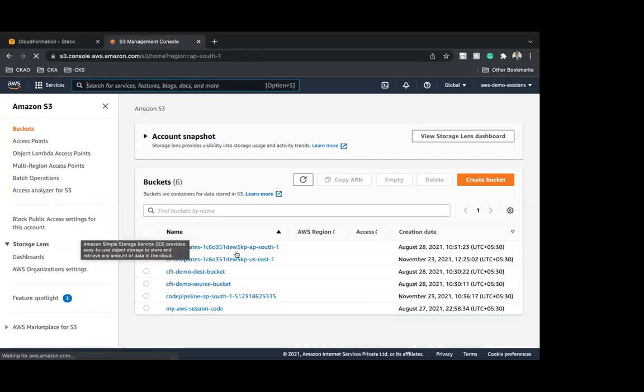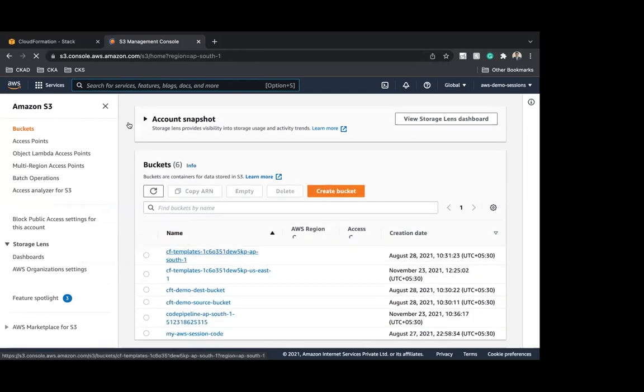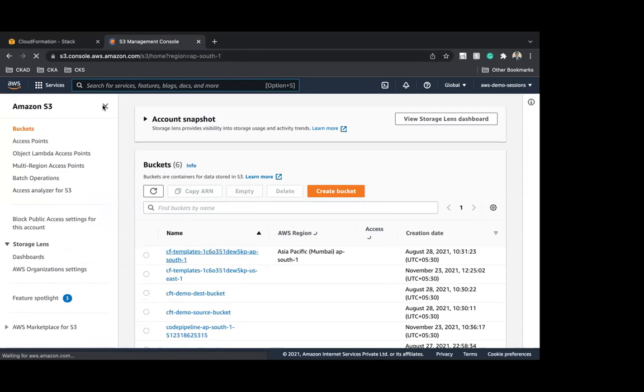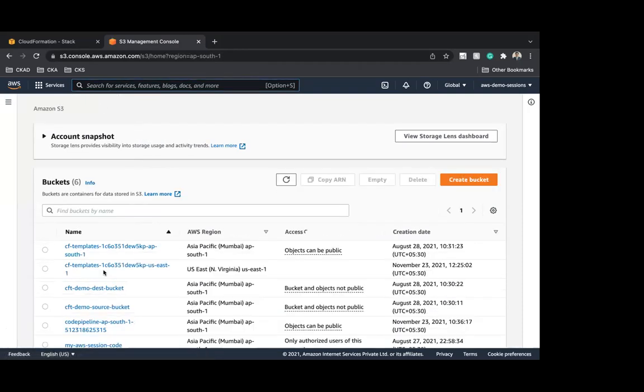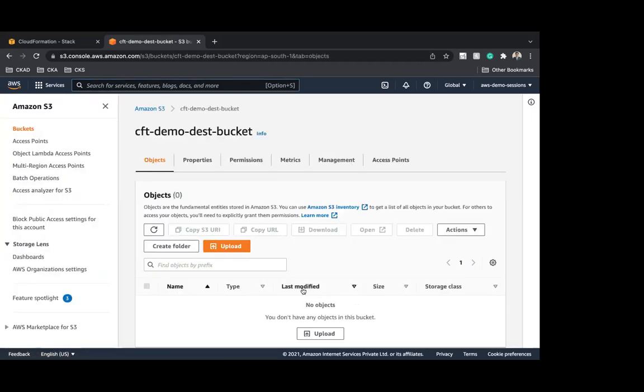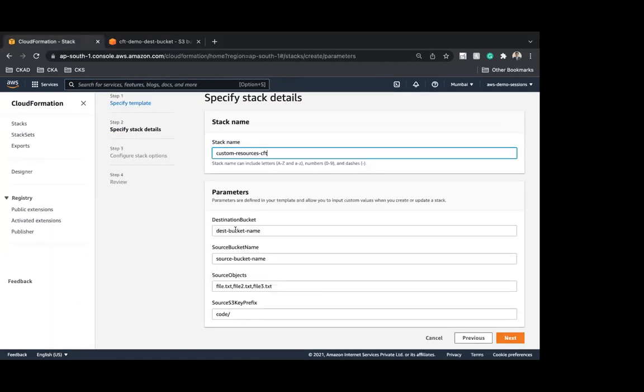Now, here you can see I have two or three buckets, and I'm going to use the bucket CFT demo destination. If I open this bucket, there are no objects in it. It's just a blank S3 bucket. So I'm going to copy this bucket name and paste it under the destination bucket.